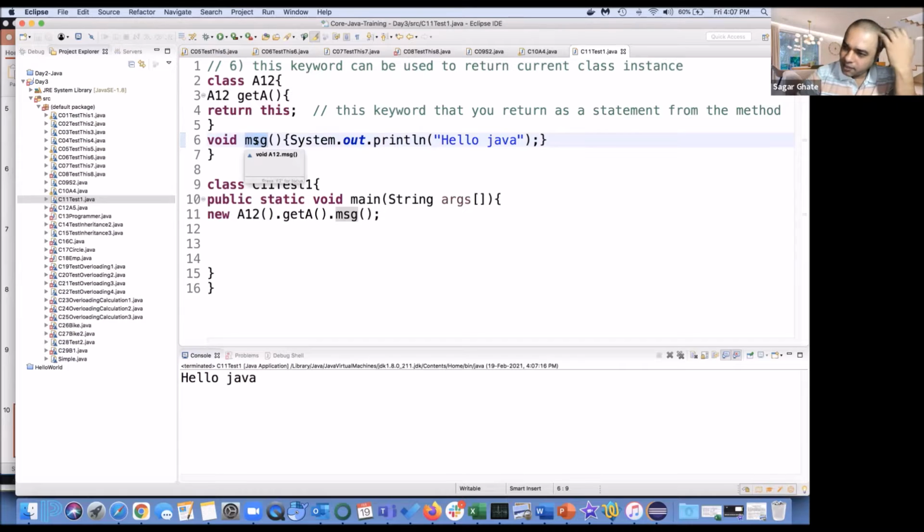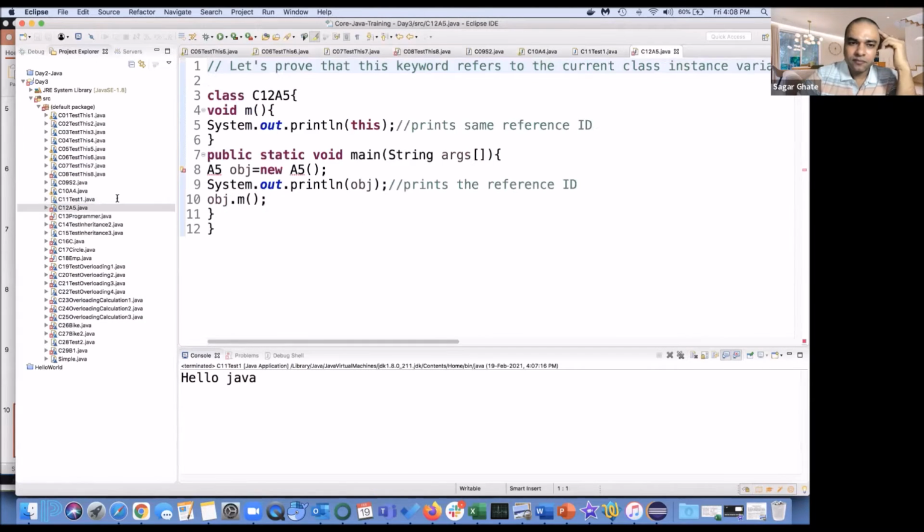And this message function is one member which returns void, means it's not returning anything. There is one SOP statement, hello Java, which got executed. Okay, so the main intention of this program was to show that the this keyword can be used to return the current class instance. Okay, let's move to the next one.